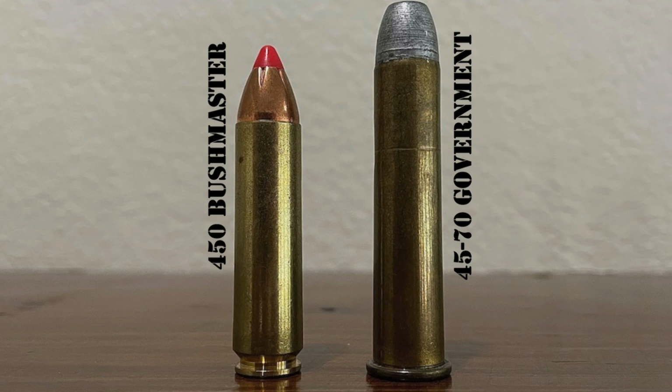Indeed, the 4570 was a long-range cartridge back when it first came on the scene. Buffalo hunters in the late 1800s used tang or ladder iron sights with vernier scales that allowed for very precise elevation adjustments. As long as he estimated the range correctly, a skilled marksman using a high-quality rifle and sight could accurately hit targets out past 1,000 yards with the 4570. That said, though, hitting a target at 1,000 yards is a far cry from taking a shot on an animal